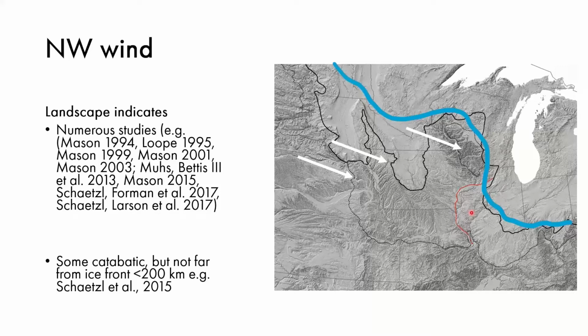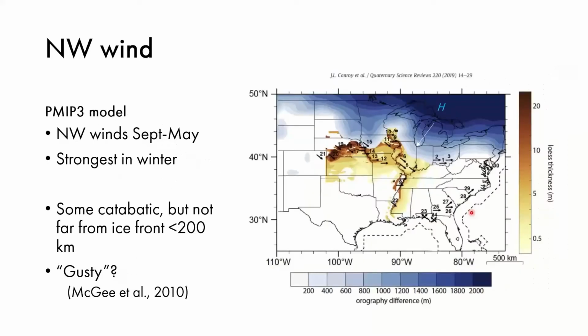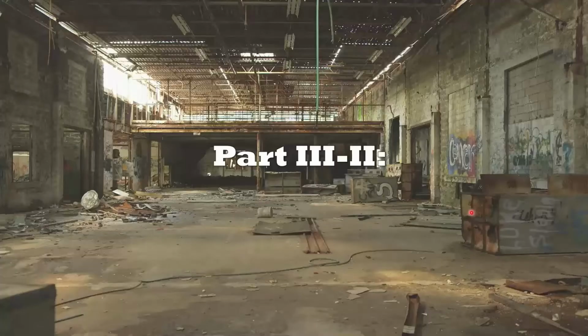So in less than 2,000 years, ice was to its furthest extent in Des Moines and then out of the state again. And hey, models actually agree with that now. So this is more academic, but you know, it's good to have these people agree with you. So this leads us to part 3.2, which is